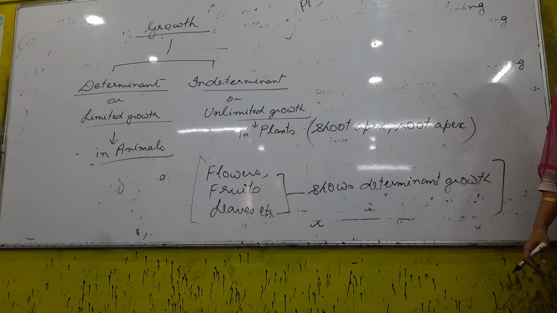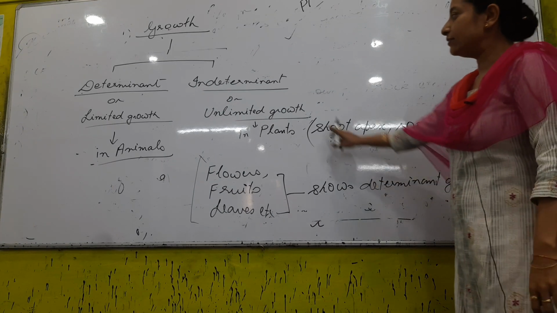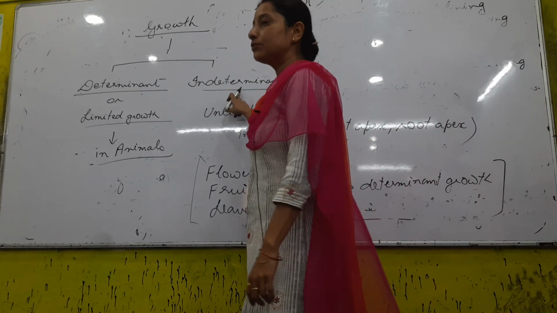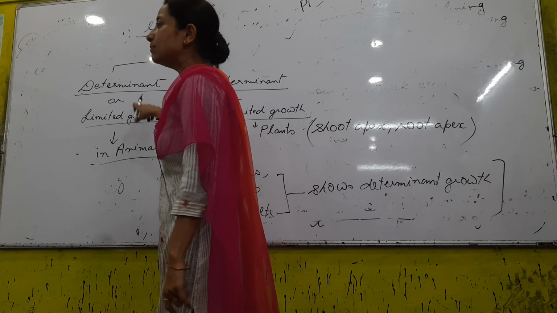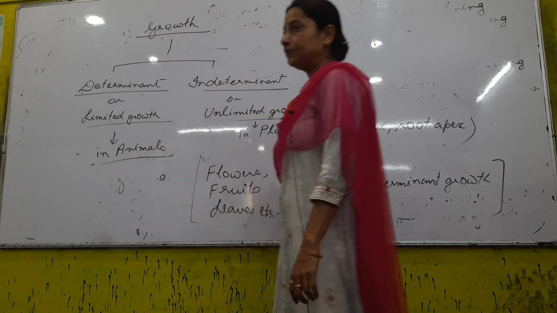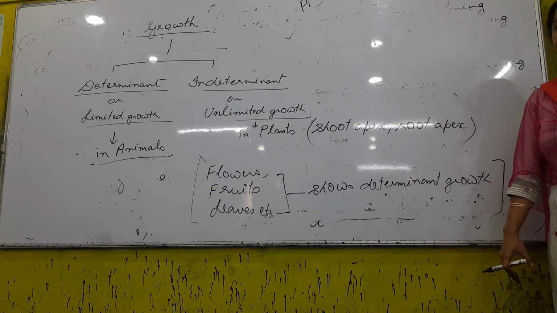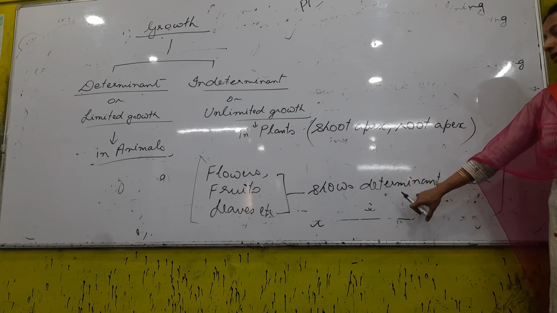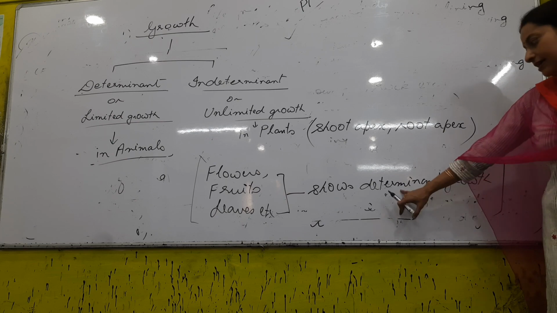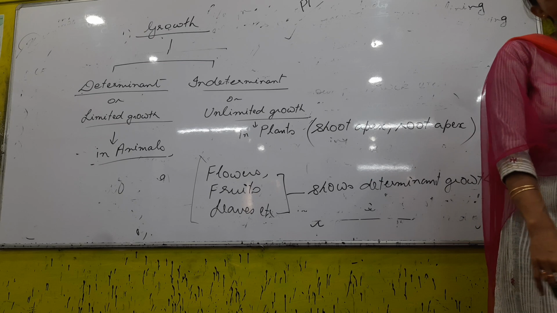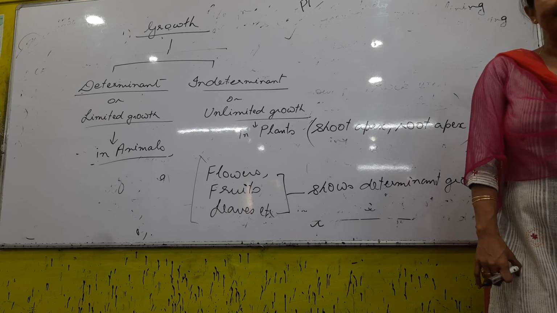If the question is about plants, you cannot write just this one. Plants show unlimited but indeterminate growth. Animals show determinate but limited growth. That's the point here. Specifically, in part 2 of the question, leaves show that type of growth. Leaves show determinate growth. So this is all about the first characteristic, that is growth. Keep our point to that one.